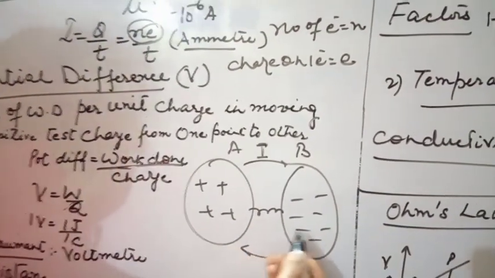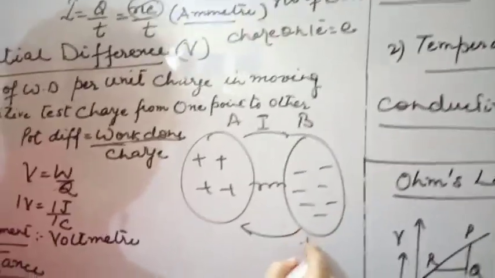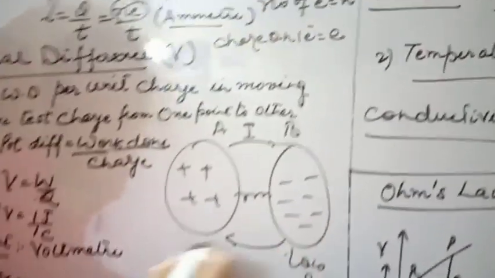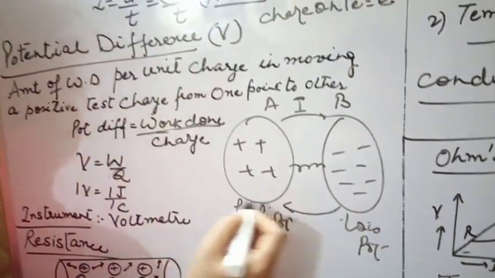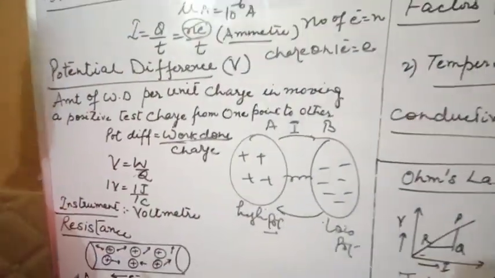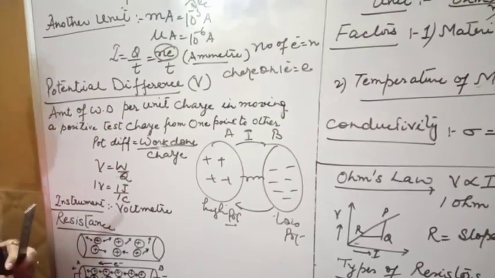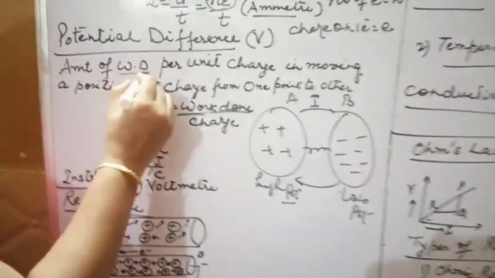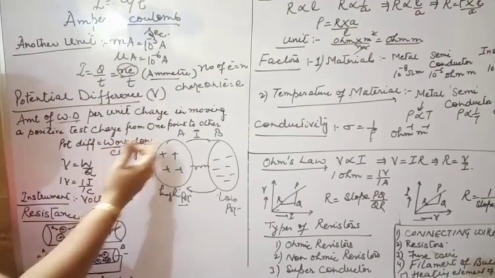So in that definition, we will consider negative as a low potential and positive as a high potential. And we know electron always flow from low potential to high potential, and current always flow from high potential to low potential. Now one more definition which is used frequently, and more accurately we can define this potential difference in the form of work done. So I can easily say that negative charge move from B to A and positive charge move from A to B, or current will flow from A to B.